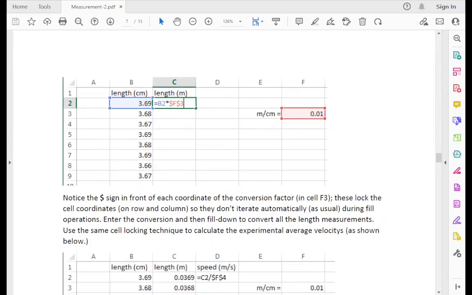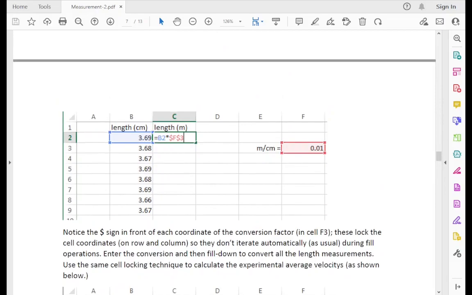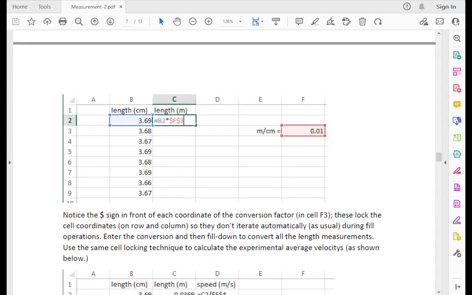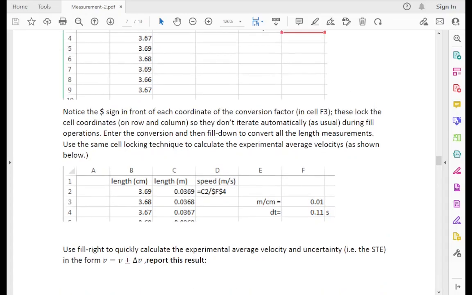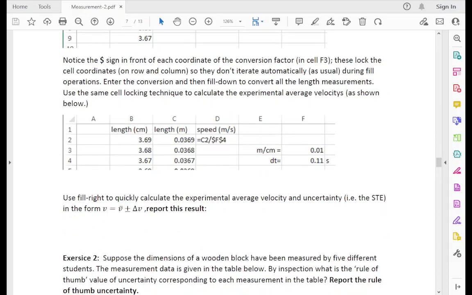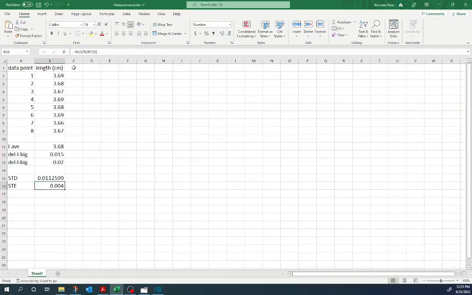Over here I did it a kind of fancy way for showing you how to use lock cells. I don't actually think this is super necessary. I'm going to show you another way to do it, and then we'll also get into the lock cells. We'll be using that when we calculate the speed associated with those drops, average speed. Here, average speed just means the size of the velocity, the magnitude. The velocity itself actually has a direction. We know that's straight down here because we're dropping it, but the speed is the size of that thing, how fast. Okay, so it has to calculate the speed associated with each of these drops, and they want it in